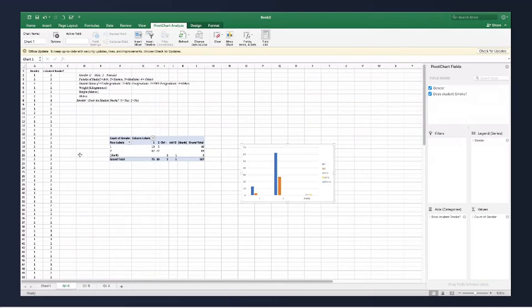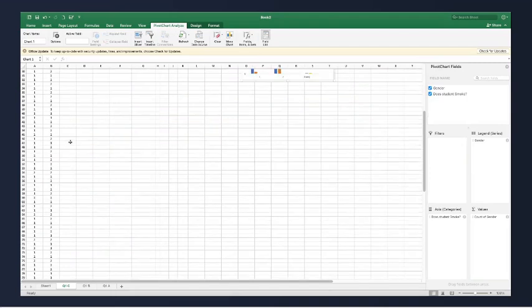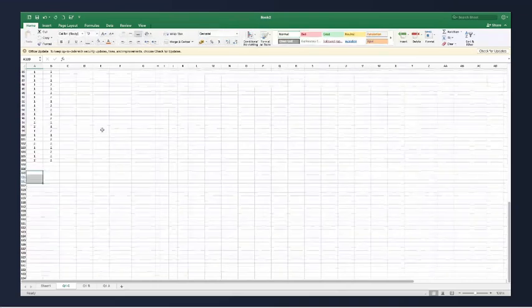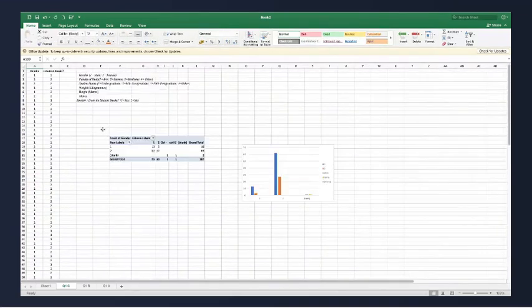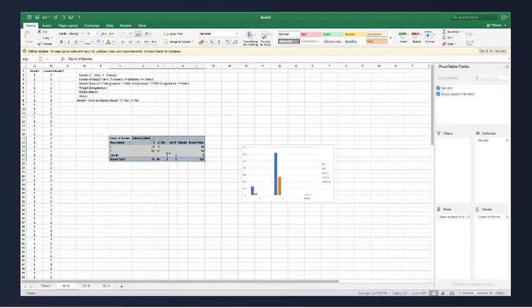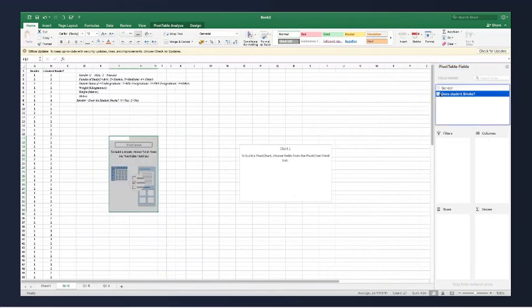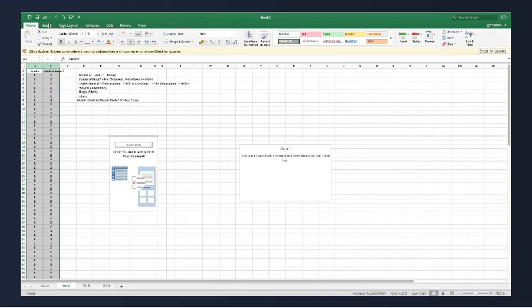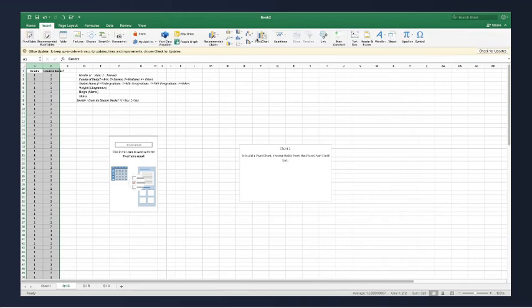Yeah, so I have taken this as data. Sorry guys, I'll just go back again, delete it. So now I will choose the data again, and insert pivot table.